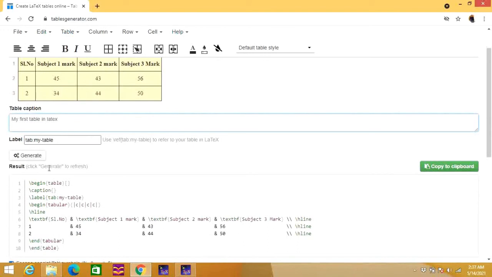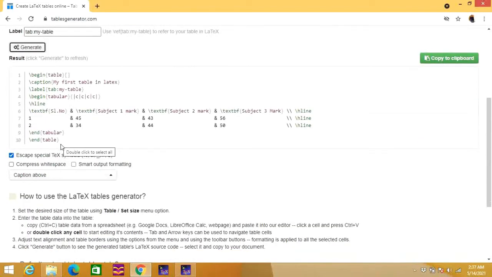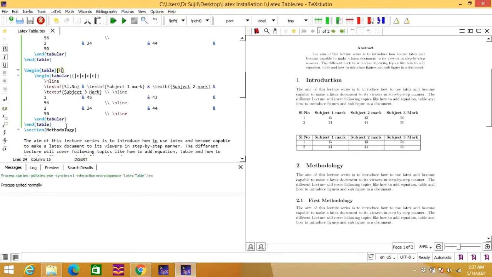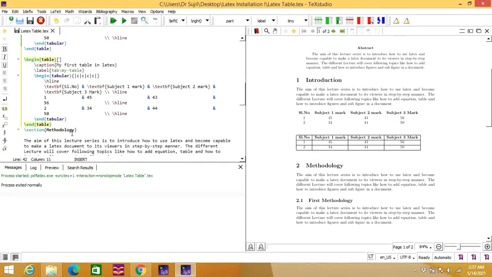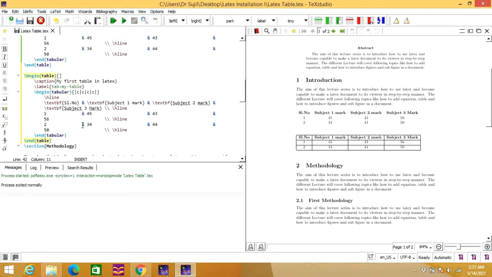Now you need to again generate the code. So the code is generated here. Now you need to copy this code and go to your LaTeX file, and we are going to paste this below this table. So you can paste here.